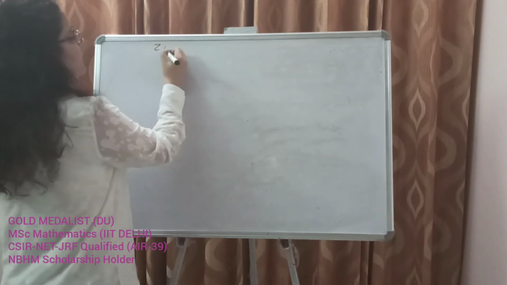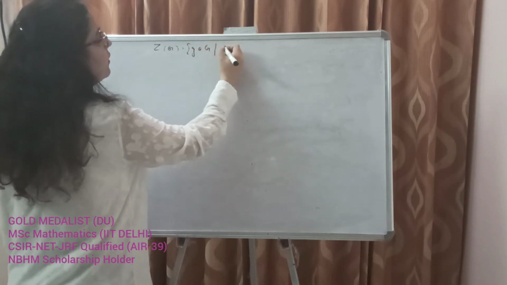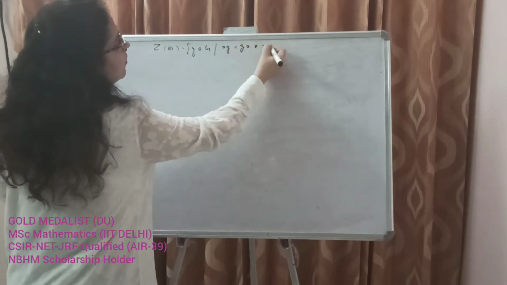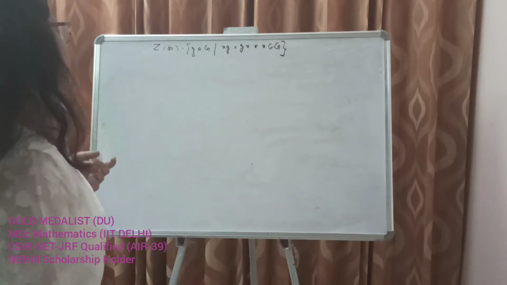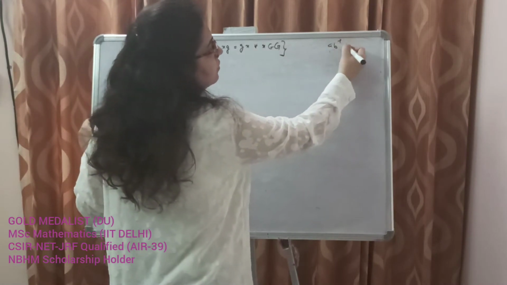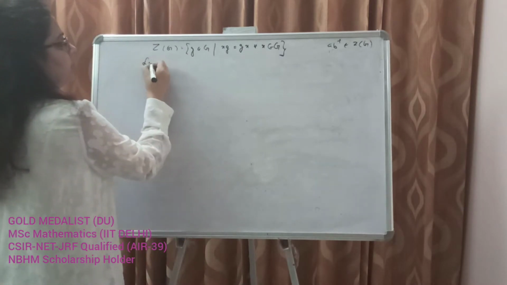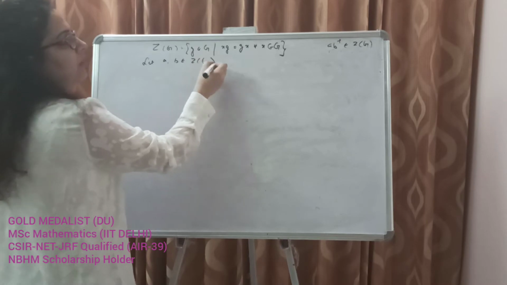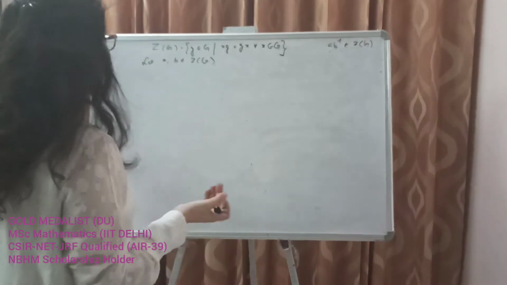So we define Z(G) as all such g belonging to G such that xg is equal to gx for every x that belongs to G. Correct? And to prove that this is a subgroup, we just need to prove that ab^-1 belongs to Z(G), right? So let a and b belong to Z(G). If we somehow prove this condition, we'll be able to say that it is a subgroup of G, right?